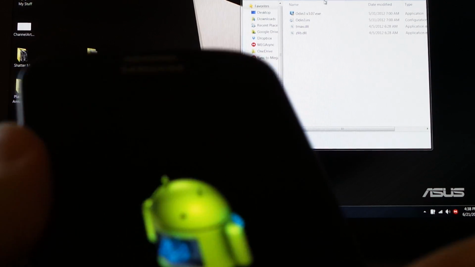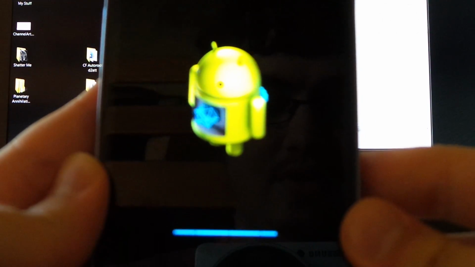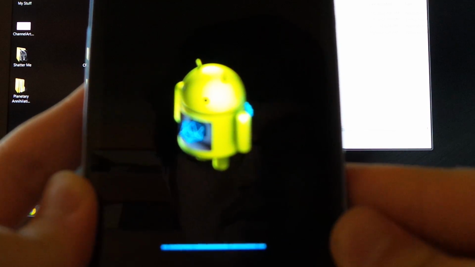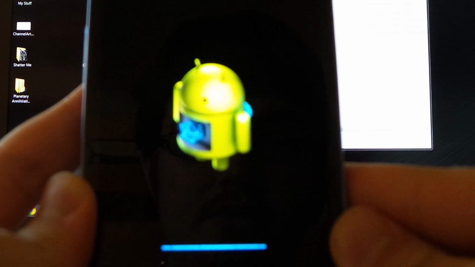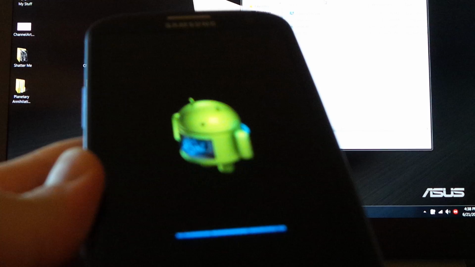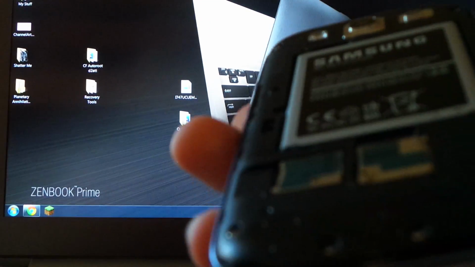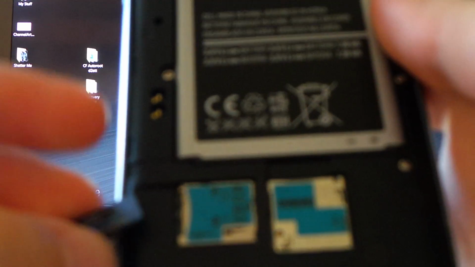So currently, it is the recovery mode screen. It's setting everything up, I believe. All of this should be fine and dandy. So in the meantime, what we're going to do is close the Odin folder. Okay, so it just shut off, and then it buzzed again, and I have a feeling it's going to reboot normally this time. So what we're going to do is open it back up, and then insert our micro SD